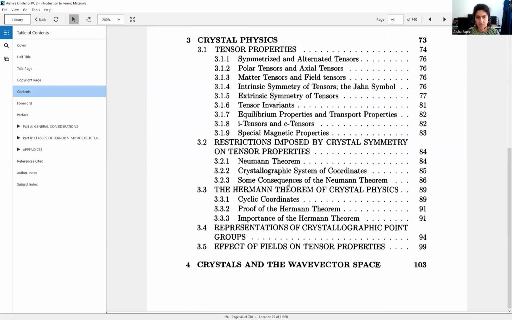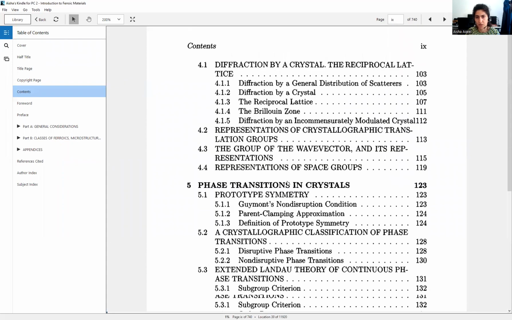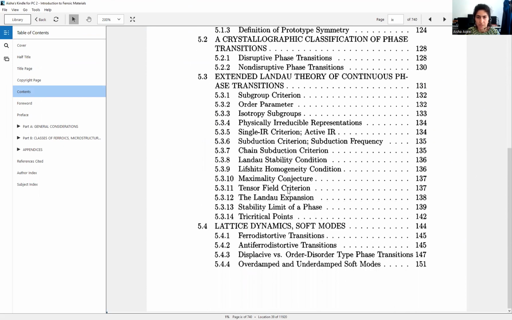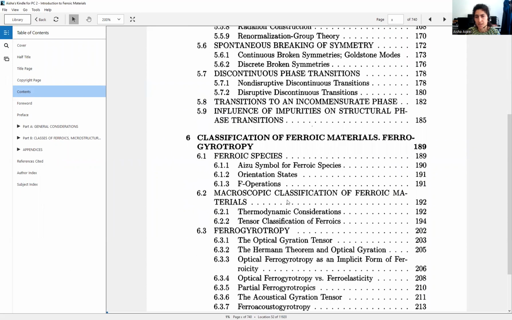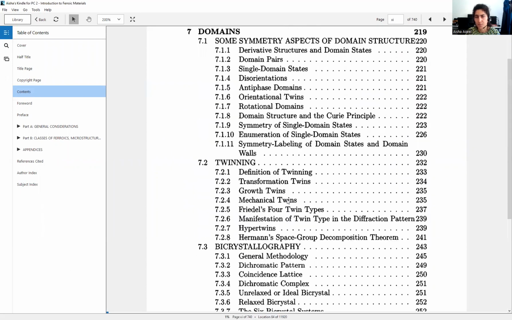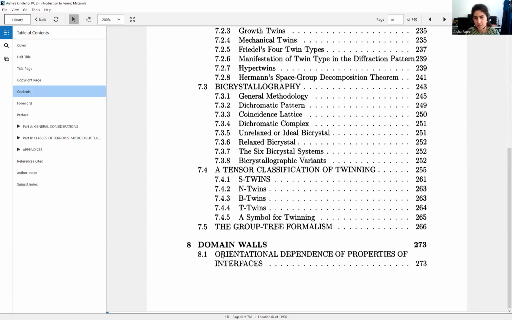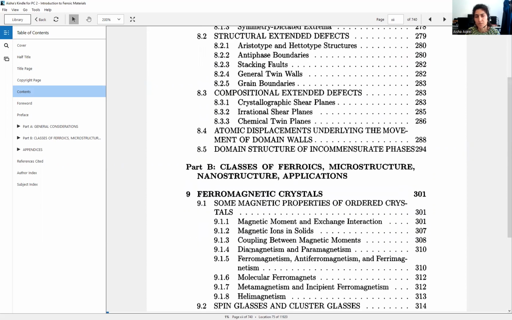But yes, it's covered, and you can really learn very quickly from the concepts which are described here: phase transitions, lattice dynamics, and some other topics are also very well done. Domain walls, if we consider here, I would say that it does cover ferromagnets, domain walls, but